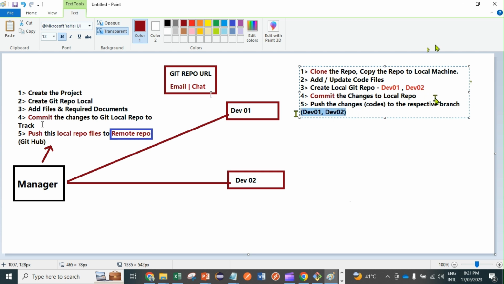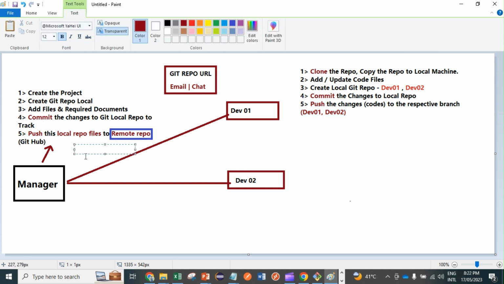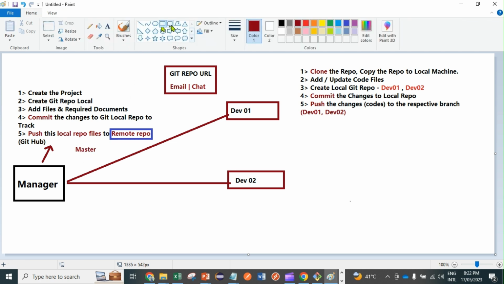Over here let me tell you the concept. Here he will have a master branch, because he is a manager. He looks after all the changes they are going to push to the master branch, okay? And over here they will create their respective branch per developer, and they will push their changes to the remote repository, right? And once they push their changes, the last thing they will do is